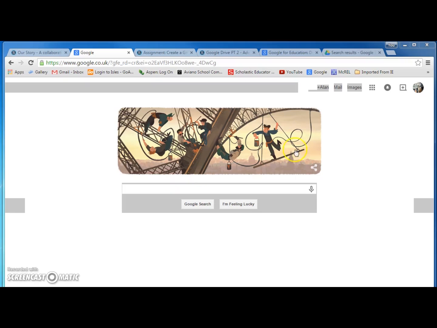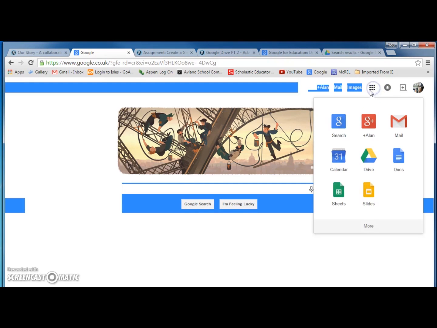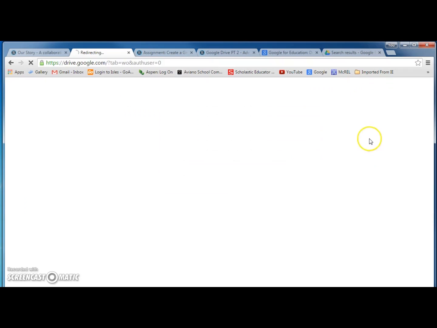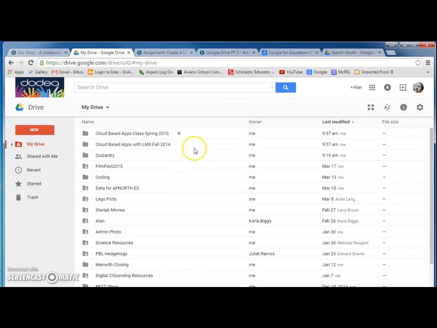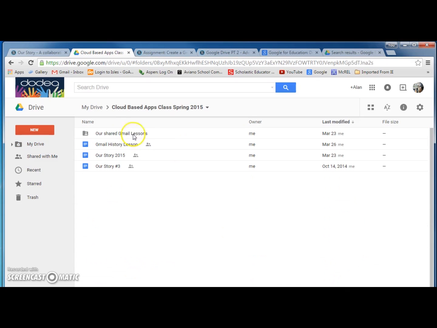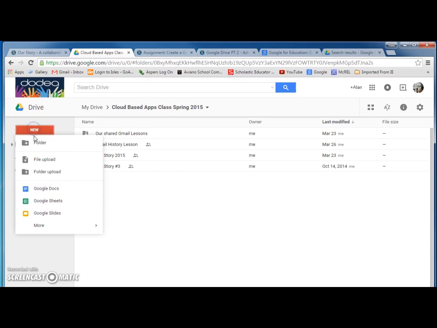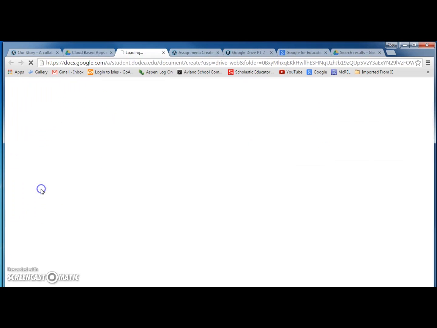So, first thing I need to do is open up my Google Drive, and I'm going to click on that. And we're going to go to the folder that you want to have your collaborative assignment placed in. So in this case, we're going to use this cloud-based apps for spring 2015. And I've already created a little story here, but if I wanted to create a new story, I'd just go here, Google Docs,